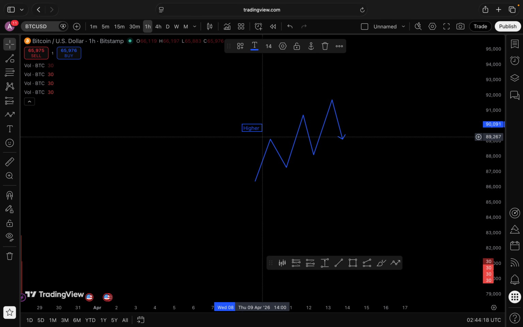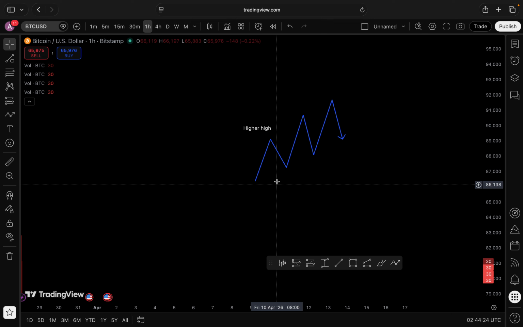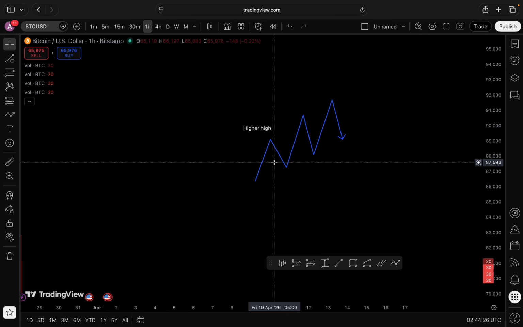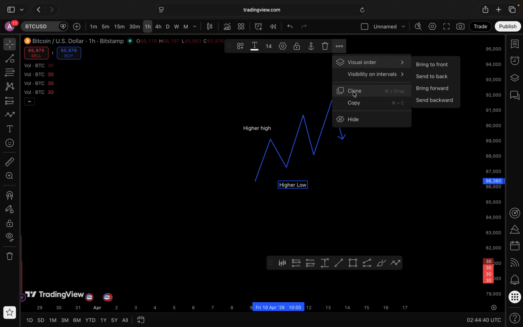higher high. I don't know, my text is always blue for some reason. Like it or not, you gonna respect the scripting. And this is a higher low. I wonder if you can duplicate this. Clone